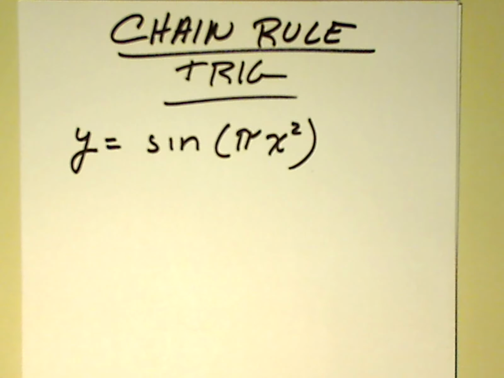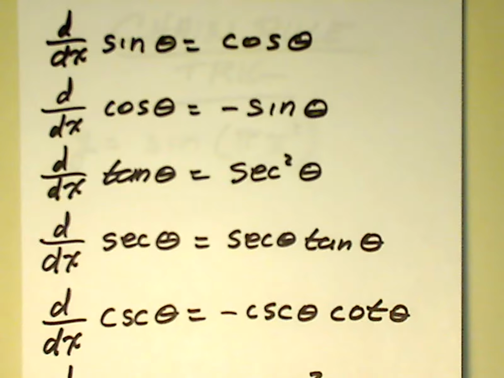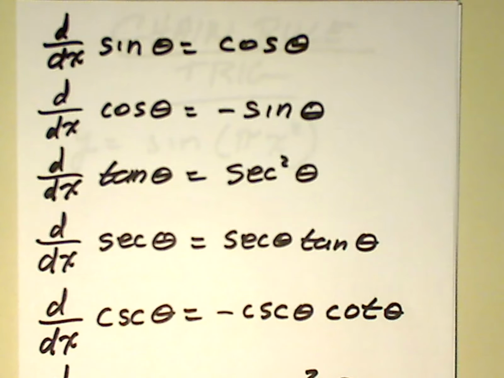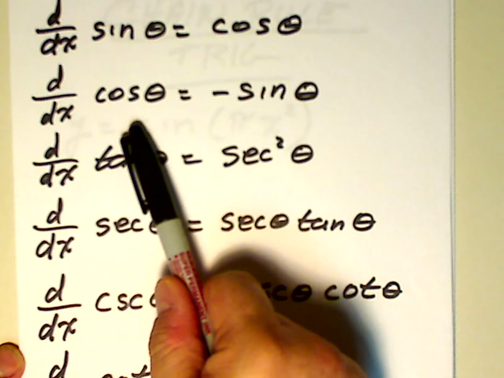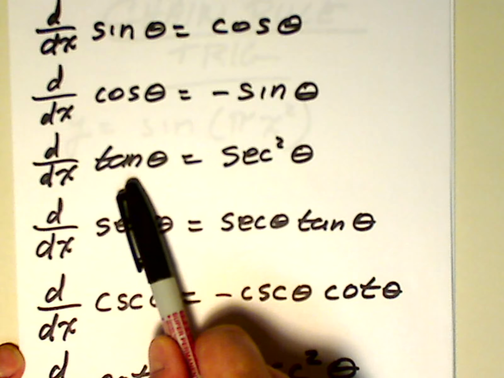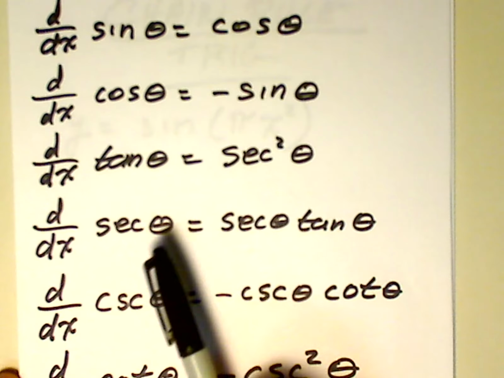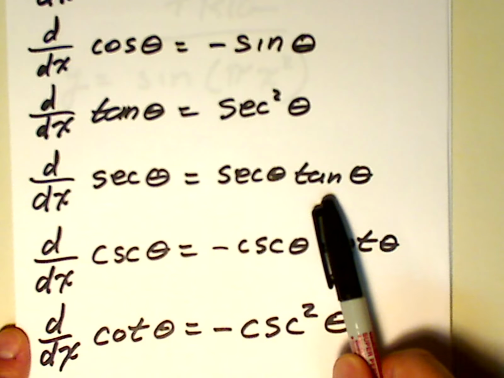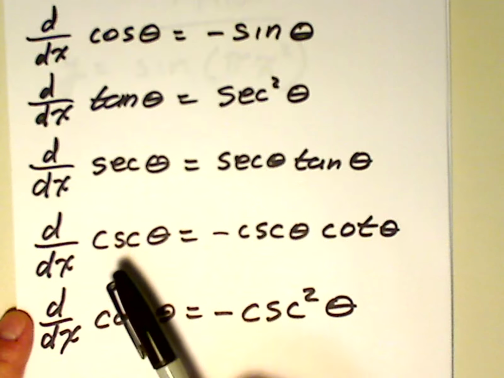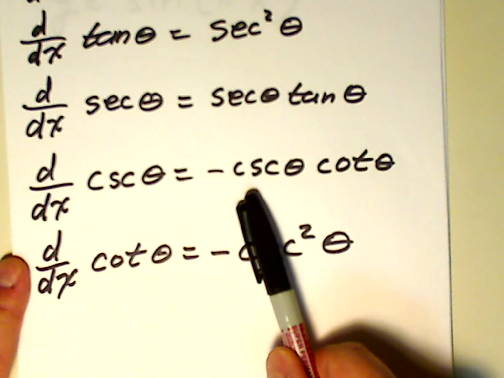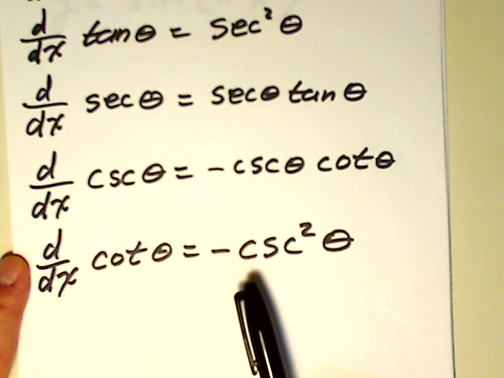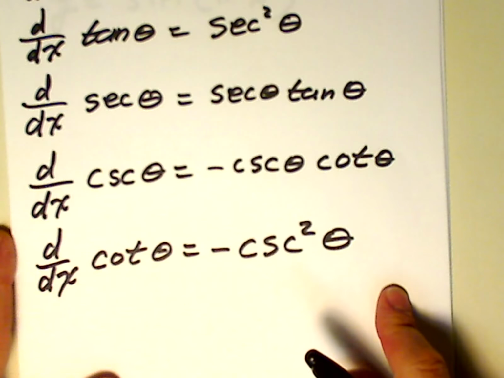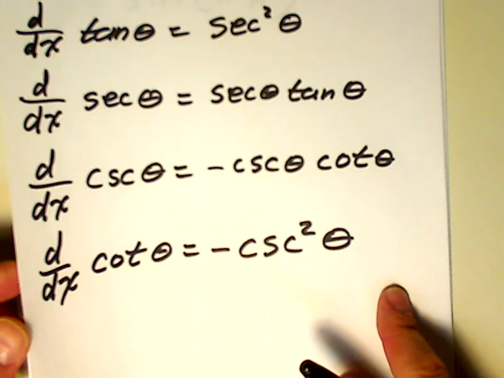As you see here, we have one particular function, y equals sine pi x squared. Before I go any further, I wrote these out. These are the derivatives of the 6 primary trig functions. The derivative of sine is cosine, the derivative of cosine is negative sine, the derivative of tangent is secant squared. The derivative of secant is secant theta tan theta. The derivative of cosecant is negative cosecant theta times cotangent theta. And the derivative of cotangent theta is negative cosecant squared theta. And these are in any textbook on calculus